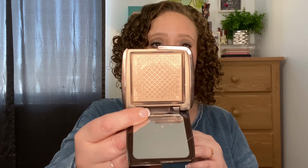Then I used up the Hourglass Ambient Lighting powder in Dim Light. This is completely empty. There wasn't a lot in here. This was kind of a give me product when I rolled it into the project, but I did completely use that up. I'm very proud of myself and very happy about that. I do have another loose powder in my project, so I'm not rolling in another powder at the moment, but